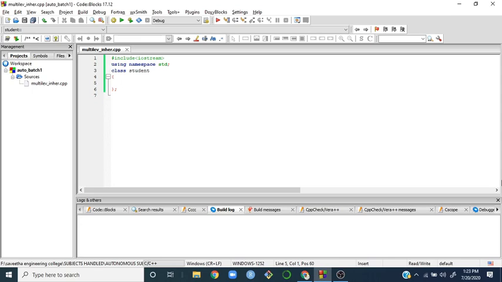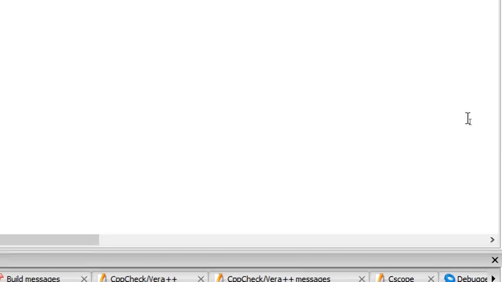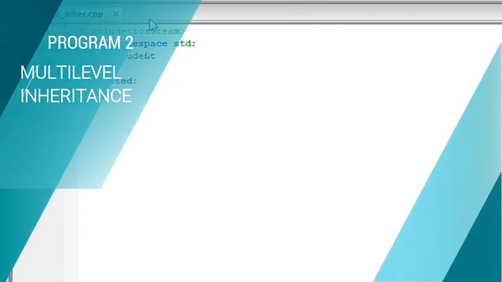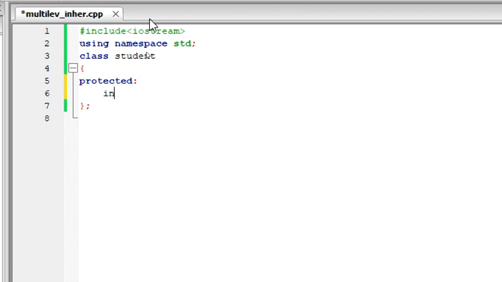Let's see that. First I have a class called student, that's your base class. Let me have a protected int roll number, and let me have two functions under the public access specifier. One is to get the value, another one is to display the value.